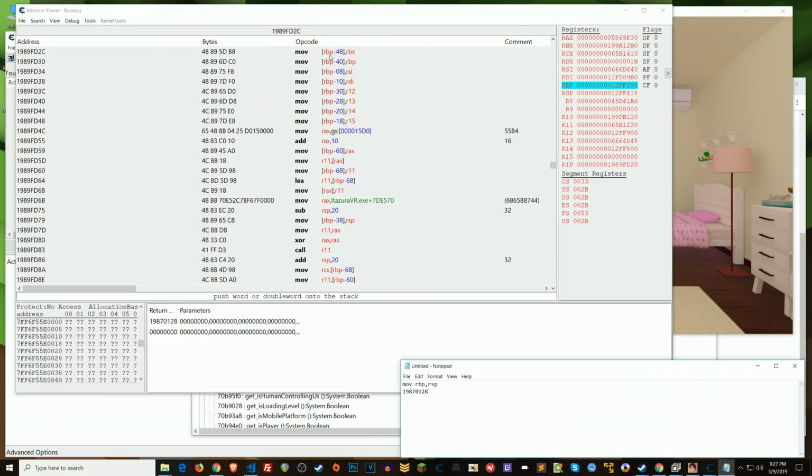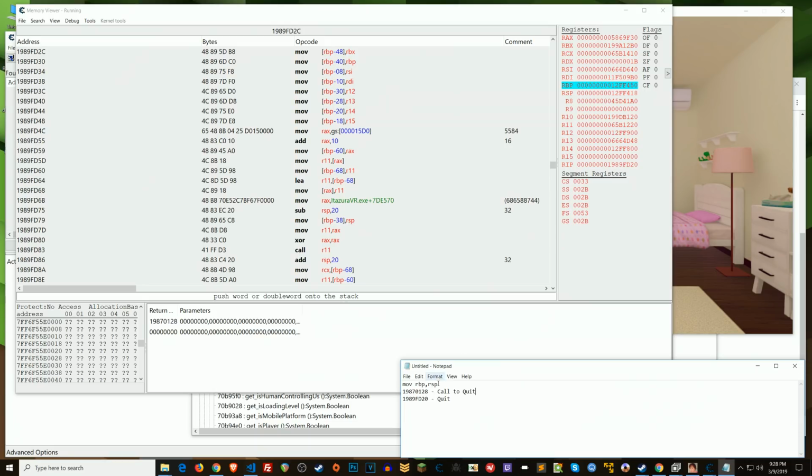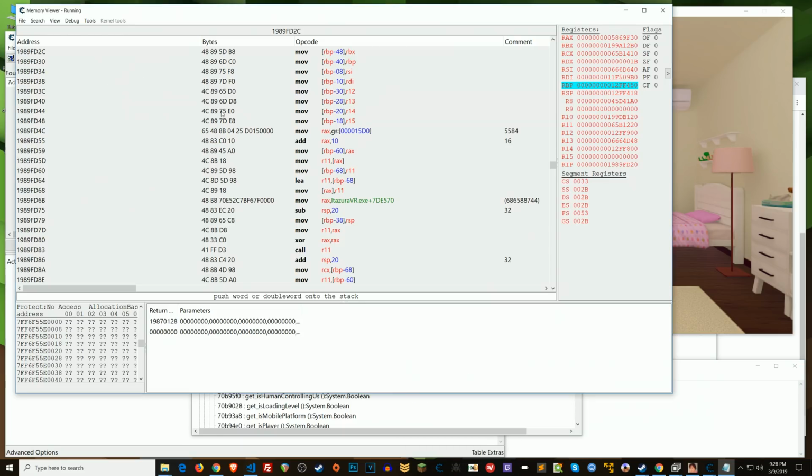All right, so now what I want to do is go back to this location here. Control C. Actually, before I do that, I'm going to make note of that 198.9F.D20. So this is just like, I would say quit. And then this would be call to quit. Right? So just keeping some notes for yourself while you're going along here. So what I want to do is go back to the call to quit, because now that I have resumed